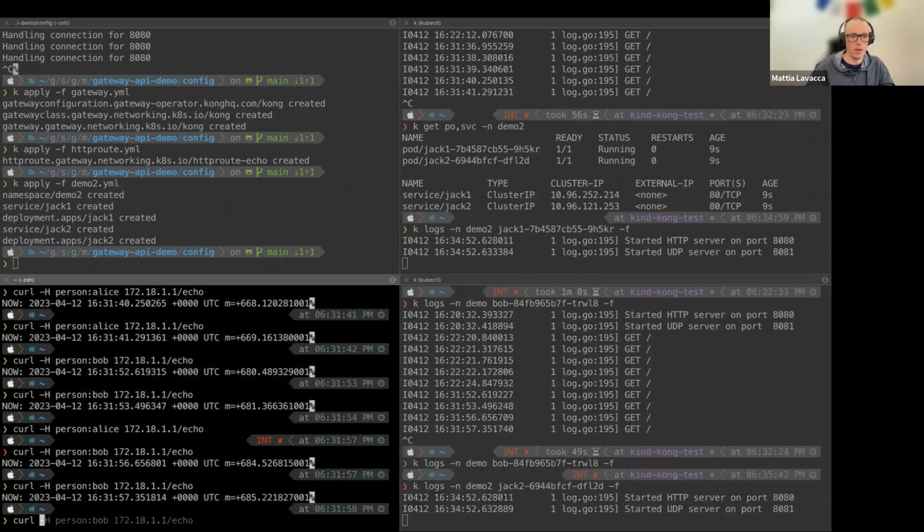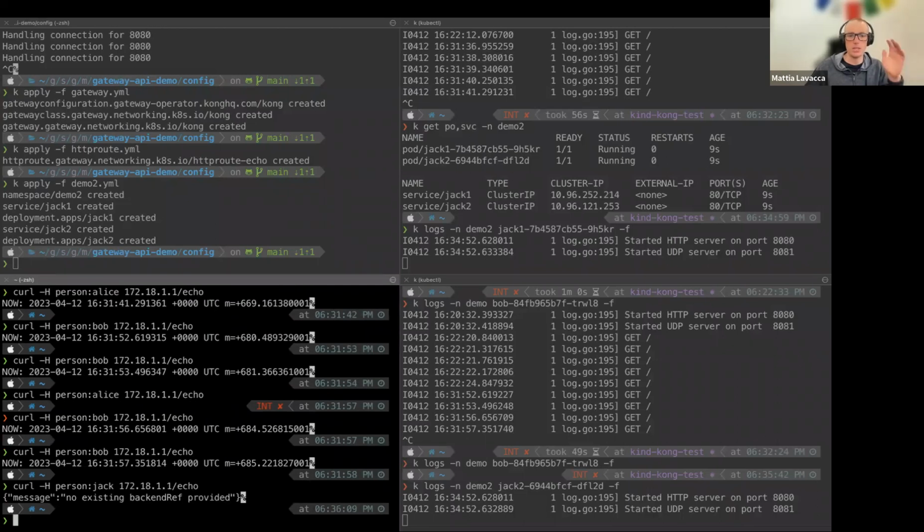And now we expect to set the header person to Jack and hit 172.18.1.1/echo. We are expected to hit either Jack1 or Jack2, right? But this is not working. And this is not working because, as you can see, indeed, the message is different. This is not working because